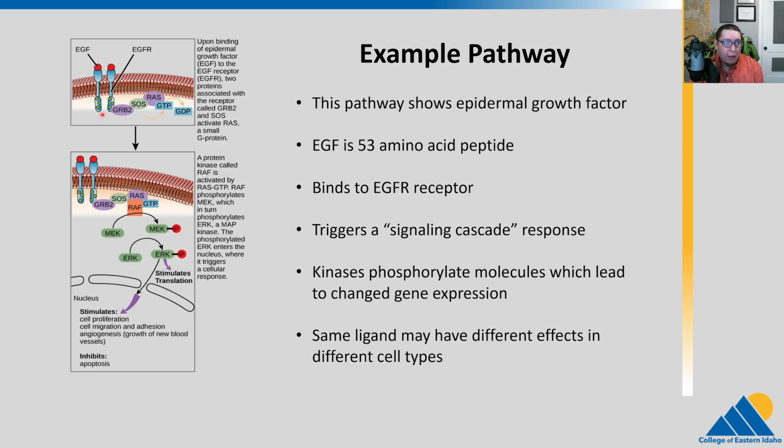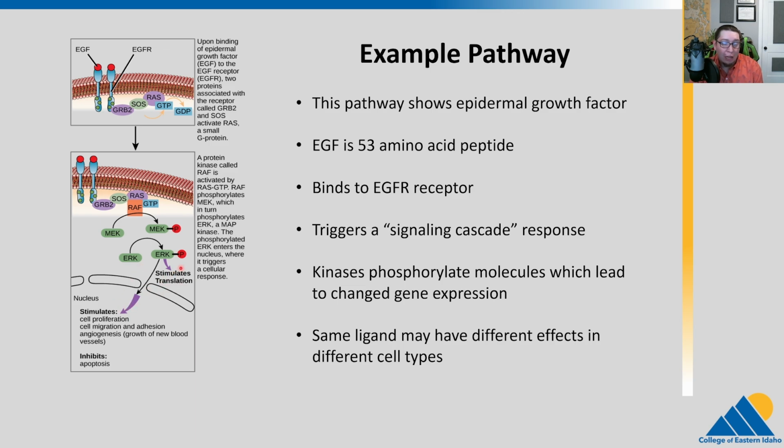So one thing affects another thing, which impacts another thing, and so on and so forth down the line leads to a response. In this case, we have a group of kinases. Kinases are proteins that phosphorylate other things. So here we have this MEK. MEK gets phosphorylated, and the phosphorylated MEK phosphorylates something else, which then sends this down the line. So we have this cascade of one thing affecting another thing, sending that signal down, which is going to, in